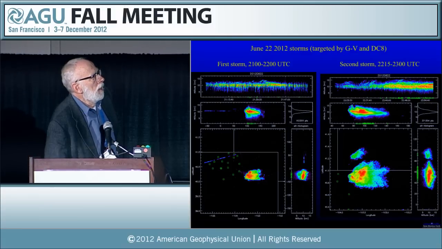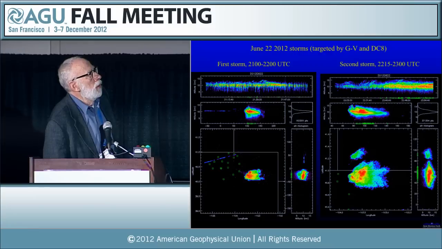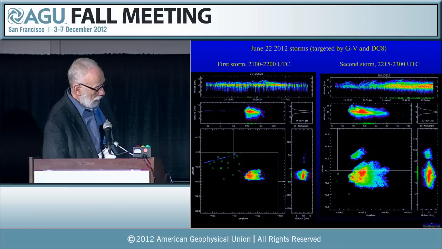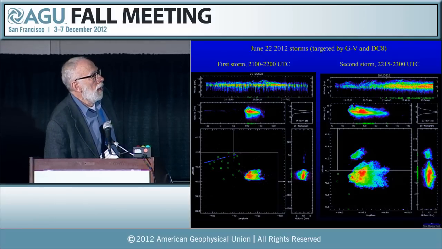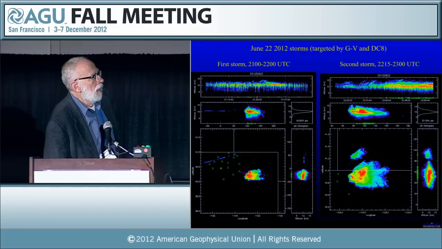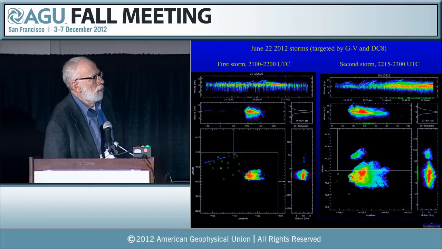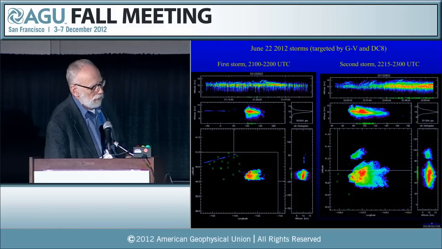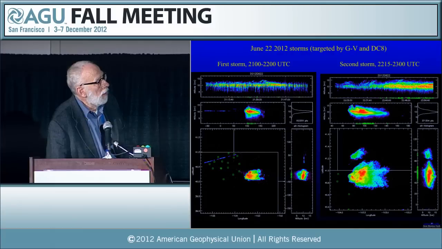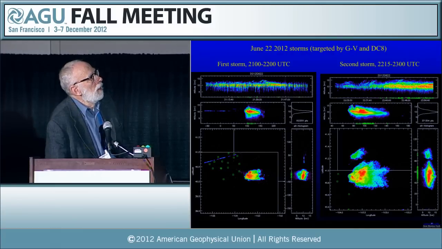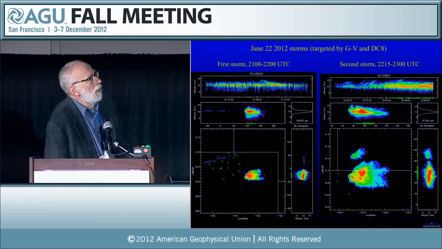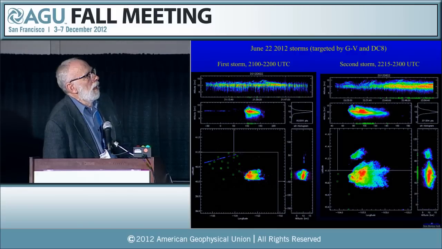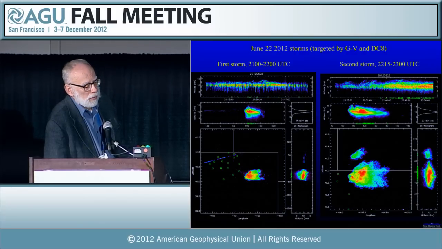Okay, the final storm we'll look at here, or the final day, is June 22nd, which is the day of one of the DC-3 airplane flights. These were large supercell-type storms that formed in quick succession, three of them off the eastern edge of the network. In the top panels, you can see the initial one hour of activity in both storms, from the beginning lightning up to the state an hour later with strong convective surges.